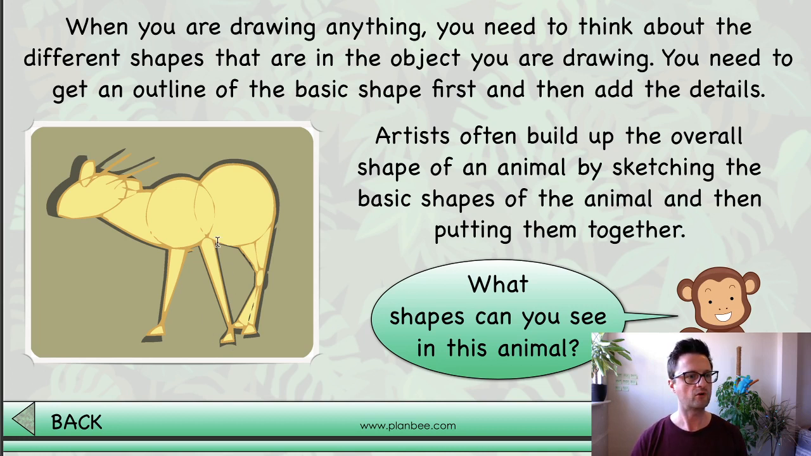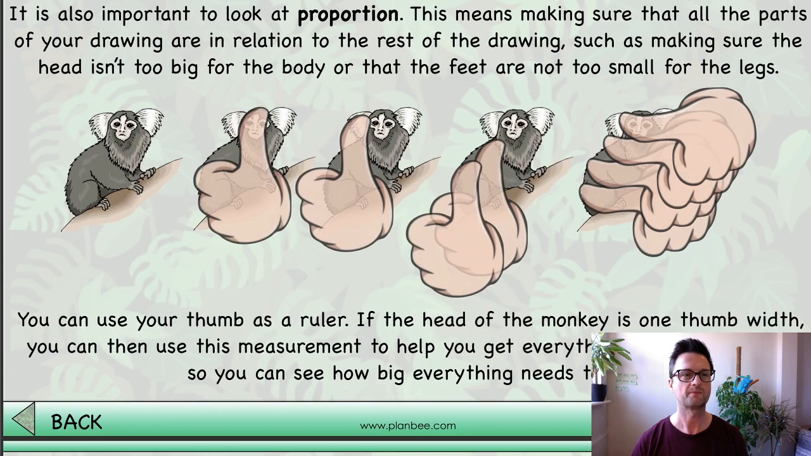There are these long, stretched out sausagey shapes as well, and triangles, aren't there? Lovely. Oh, very good. Right. It's also important to look at proportion. Now, proportion means making sure that all the parts of your drawing are in relation to the rest of the